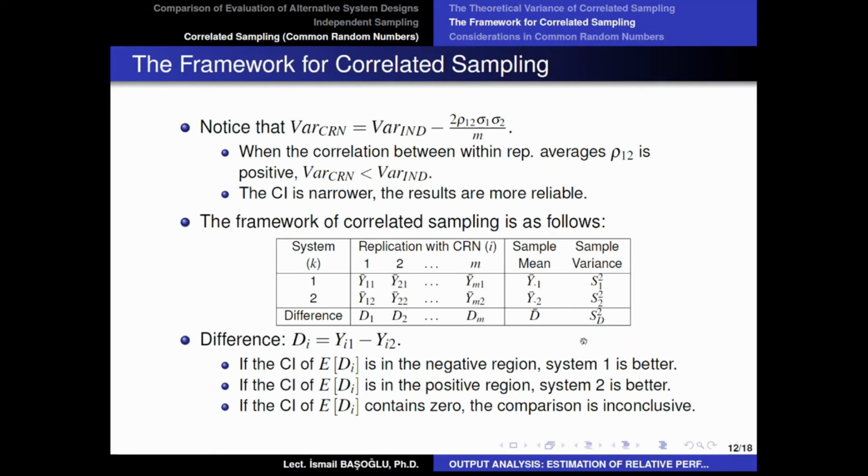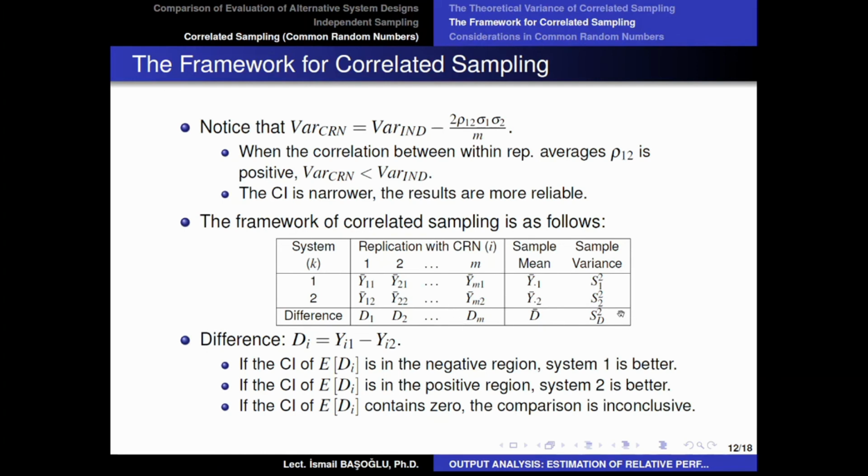That's it. Now, we are going to apply this time a one sample t-test, not a two sample t-test, over the sample mean of the differences and the sample variance of the differences. So we are just going to use the third row. If the question tells you that the simulations are performed by common random numbers, this is the framework that you need to apply. You need to calculate this difference row with the sample mean of the differences and the sample variance of the differences.